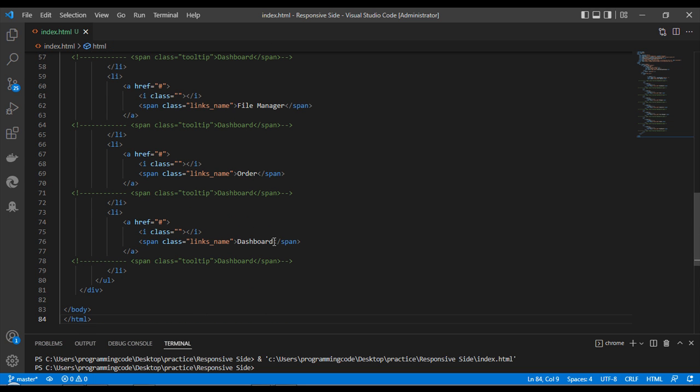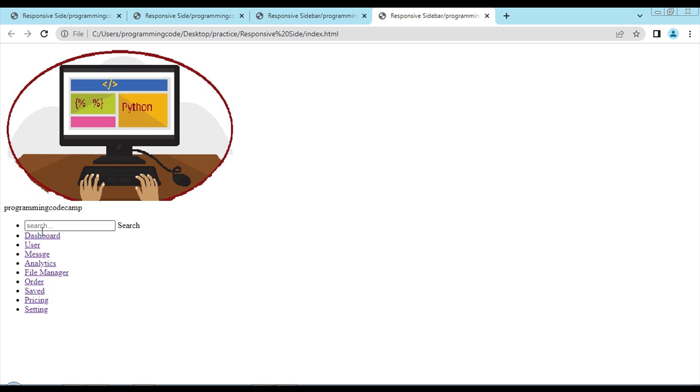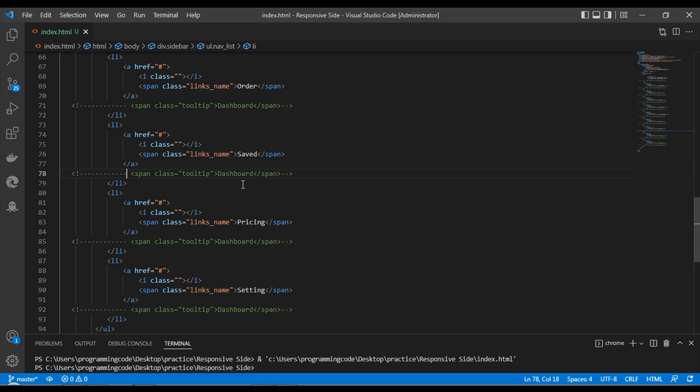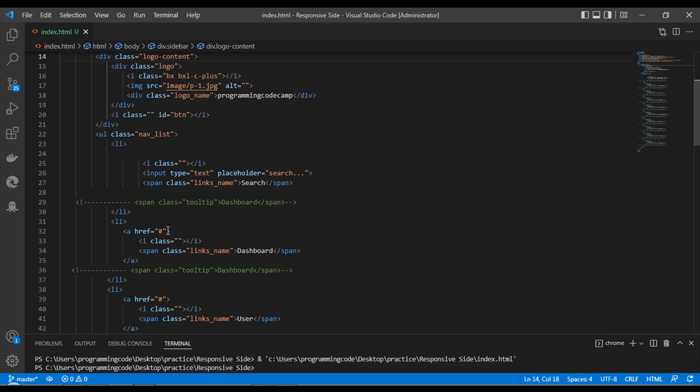and this dashboard class is equal to a separate span element, whose class is equal to tooltips, and inside this span we have got dashboard. We can run it now and see this change which we have here inside this HTML page. You can see the change, and now, going ahead inside, first we should